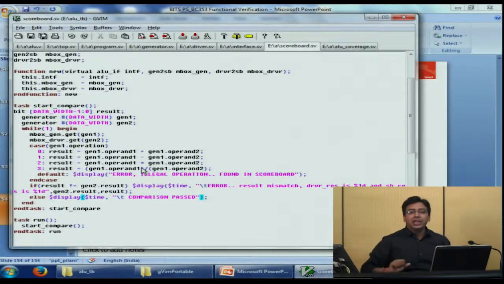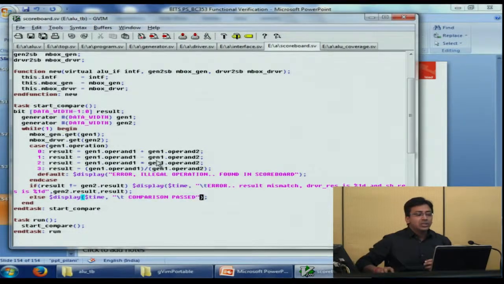An important point here is that we have looked at a couple of entities which are forever running, like the assertions and the scoreboard. These are forever running entities which keep looking for certain events to happen and perform certain operations. Even the DUT is a forever running block. So how does the simulation end?